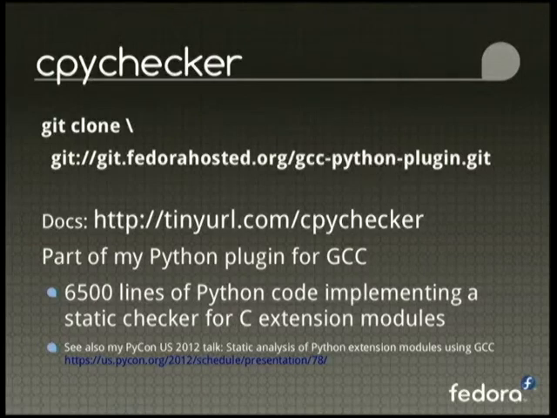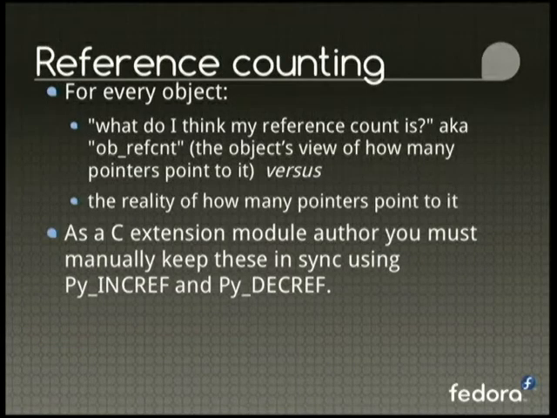So cpychecker lives as the major example within the Python plugin source tree. It's 6,500 lines of Python code that basically implement lots of verifications for different problems that typically occur in C Python extension modules. I gave a talk on this at PyCon last year and went into a big deep dive into how it works. This talk will be a bit more high level; well, I gave you the summary a few slides ago. So the main reason I wrote this tool is because I got sick of tracking down reference